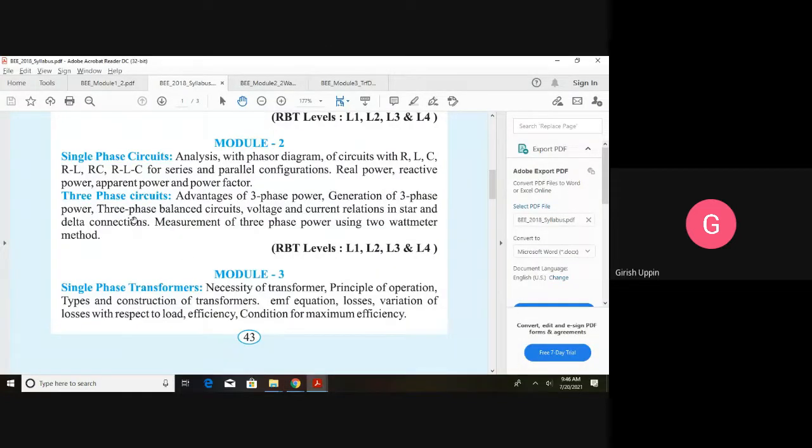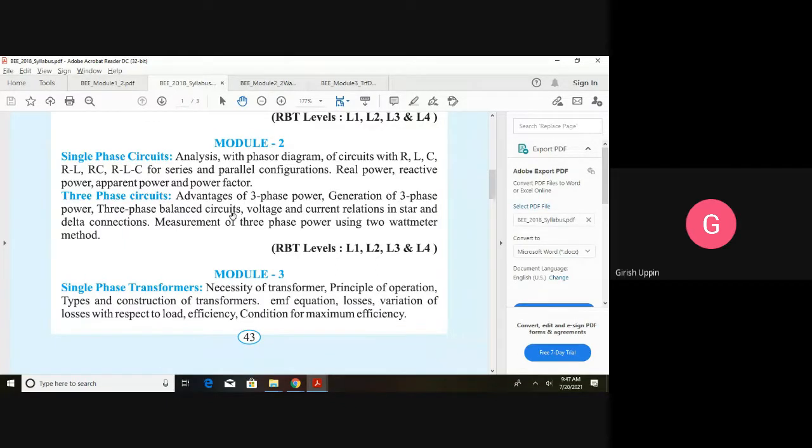In three-phase circuits, we will see what the advantage of having three-phase power is, and all the power that is generated is always three-phase power. The power generation happens as three-phase, power transmission happens as three-phase, and in the distribution, for industries, they give three-phase power. Industries will require three-phase power, and for domestic purposes, out of this three-phase, we will convert that into a single phase. We take one of the phases and the neutral, and we give it to the household, which is single-phase power. That is also one of the advantages of having three-phase.